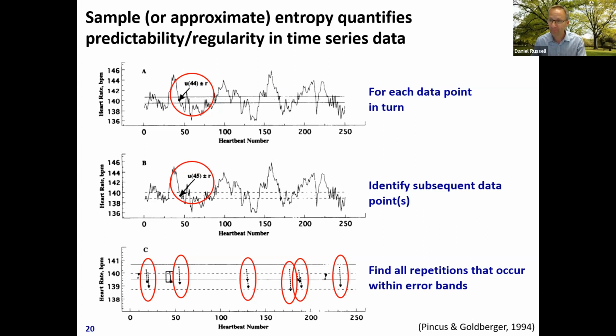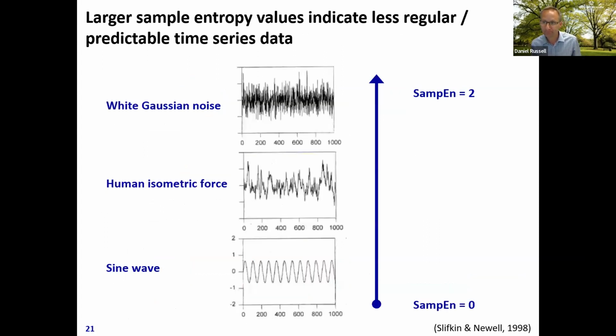You count them up, count up how many possible sequences there could be, and you repeat this over and over again for every pair of data points. And then you repeat it again. You can do a sequence of 3, and you can do a sequence of 4, and you can carry on if you like. There are also techniques that track how things change with sequence length. So this is another way of trying to say, is there structure in this variability? Is it predictable? Is it regular? Or is it highly unpredictable?